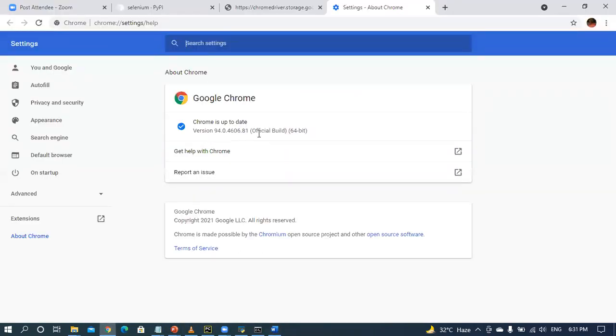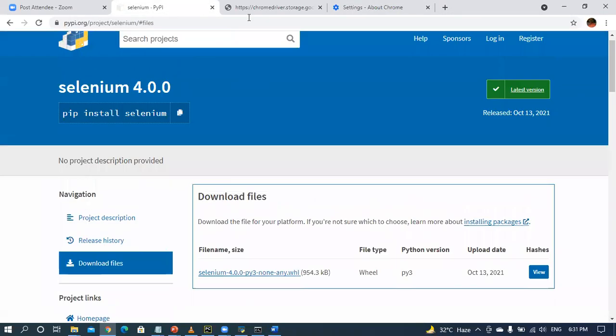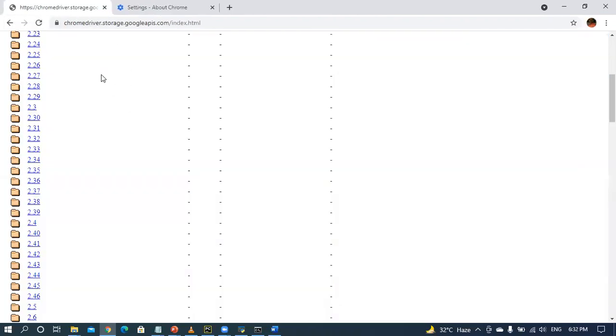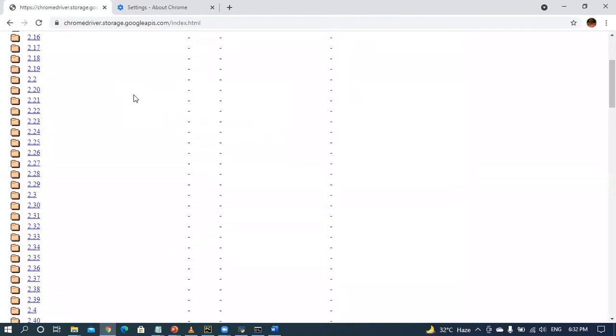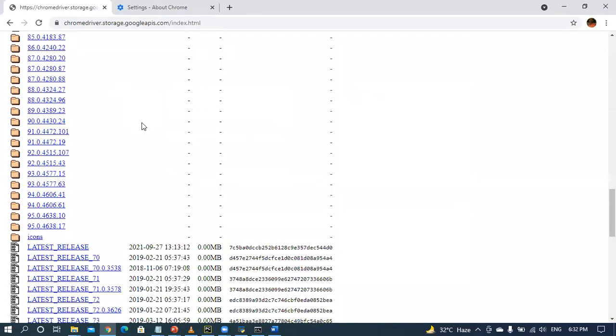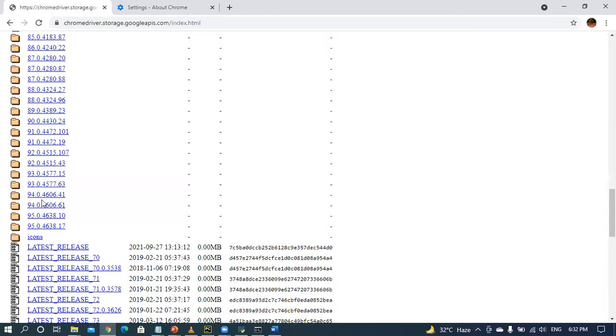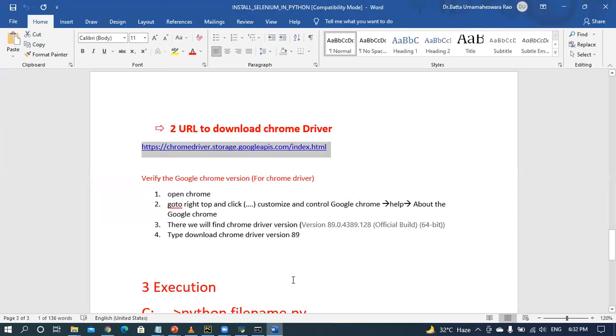For that version only you have to download. Which version am I going to download here? 94 point. See here, our Google Chrome version is 94.0. If, for example, it is 93, you may download one of those versions. Is it clear or not?